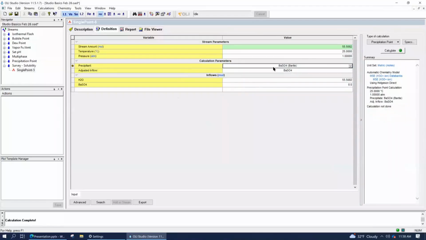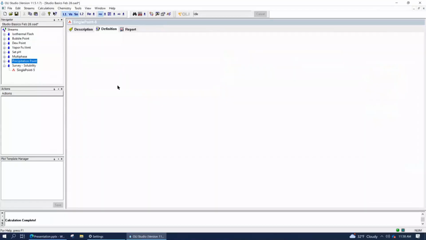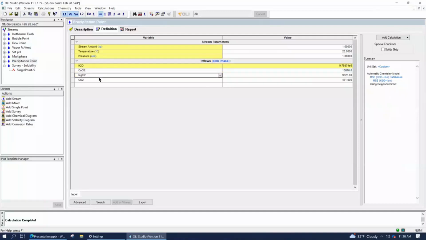Now, what's the difference between these two? This here is a molecular flow. This is a molecular flow. That's a molecular flow. That is a physical solid. So everything we've done up to this point, when we add components to our grid, these are what we call molecular flows. They don't assume any phase. Calcium chloride doesn't assume it's a solid phase. We only know if it's a solid or dissolved after we do the calculation.